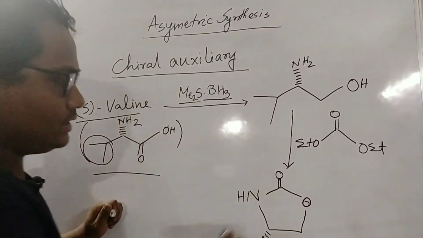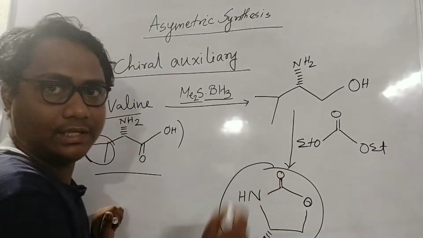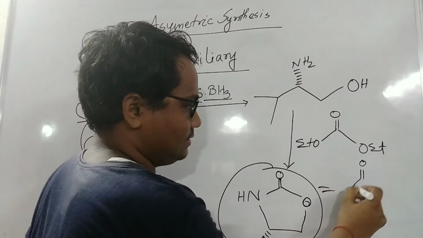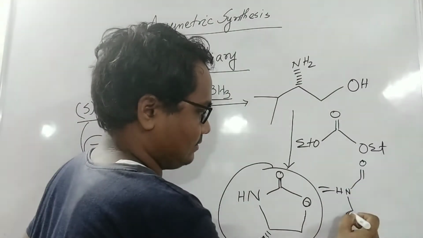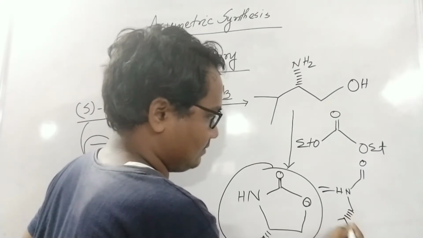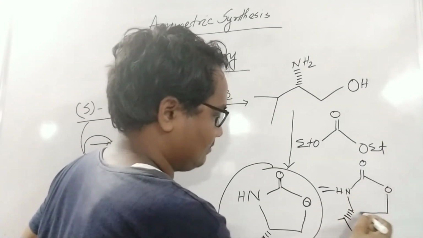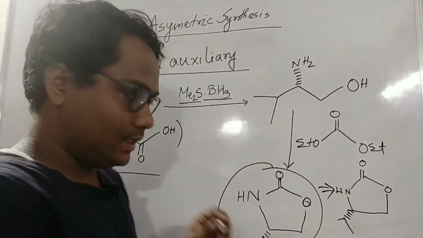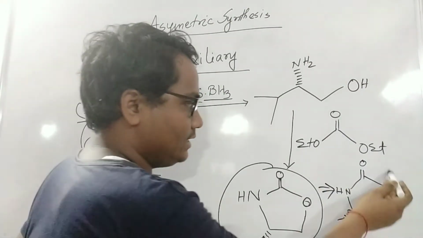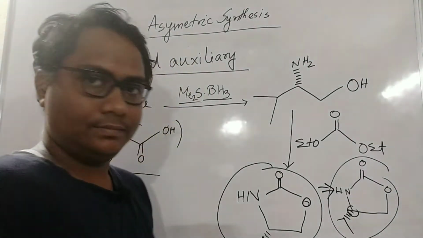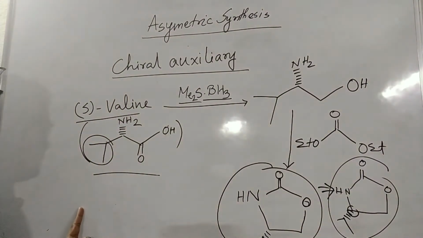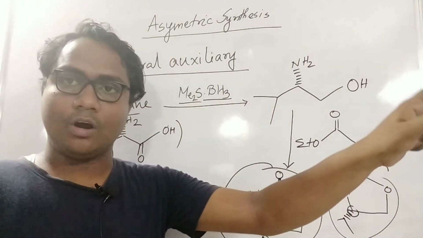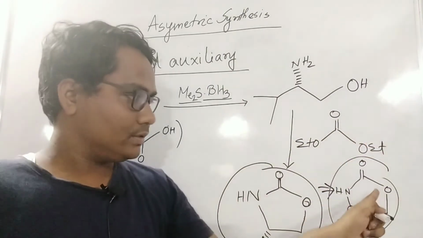And they use this kind of auxiliary. You have to see here. I know you will not see, so I will write it here also. So this is the main one. This is one type of auxiliary, because in this moiety you can see one chiral center is there, because we took it from a natural source, S-valine. So that whole chiral center is remaining.